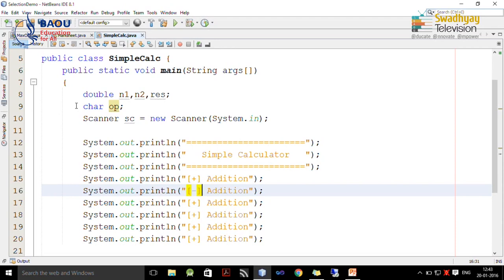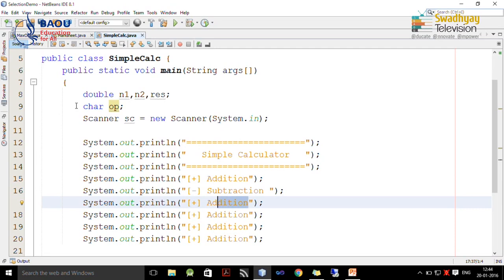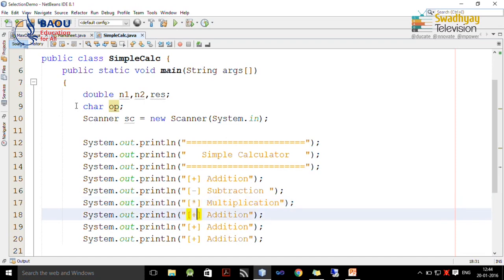So minus represents subtraction, then multiplication, which is represented by asterisk, division and modulo division.